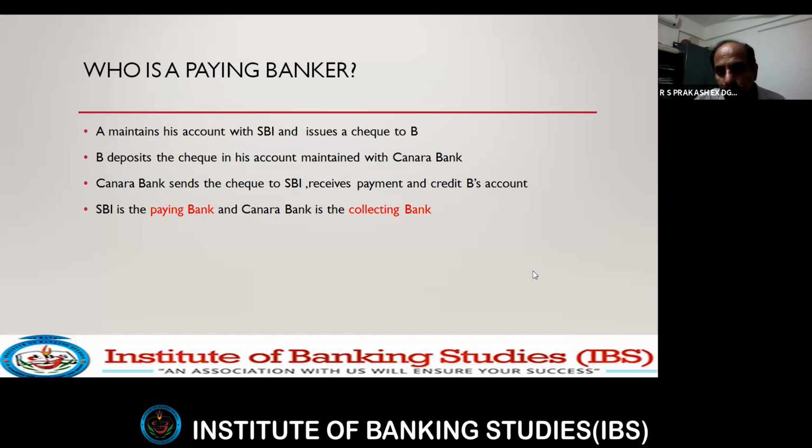So on the face of the check, the payee's name will be there, no sir? To that person only we will pay, no? Not like that. See, in a bearer check or an order check, the last person in whose favor the endorsement has been made will become the beneficiary. It's like a sequence, like a chain. I will write in the name of A, A will endorse to B, B will endorse it to C, C will transfer it to D, D will transfer it to Z. Finally, who is the person? The face of the check, whose name will be there, sir? Yes, madam. In the face of the check, whose name will be there? In the face of the check, the payee's name will be Prakash. He will be the first person.